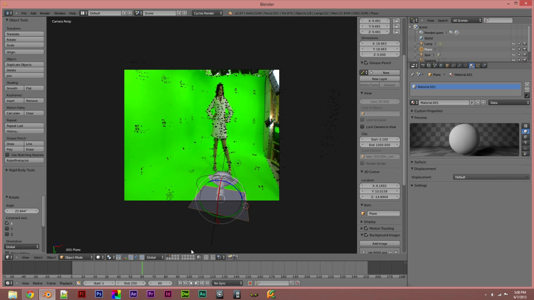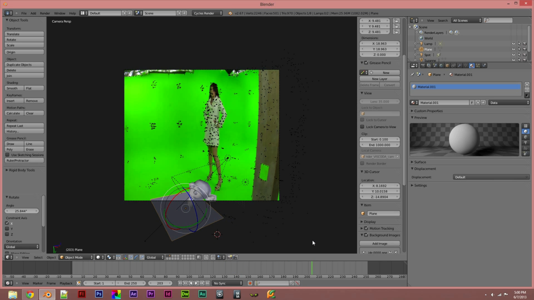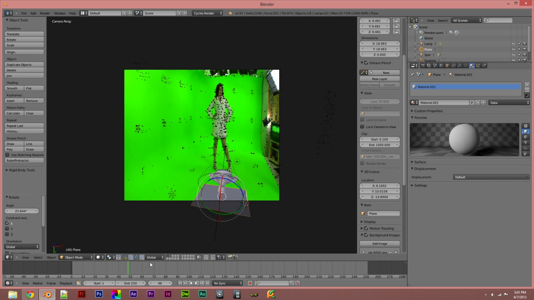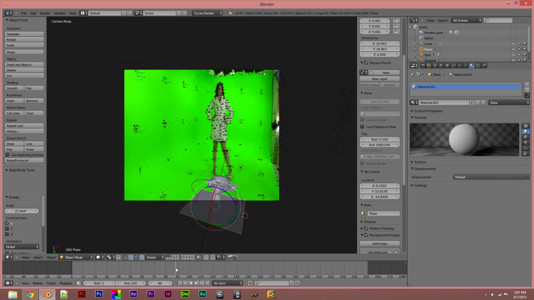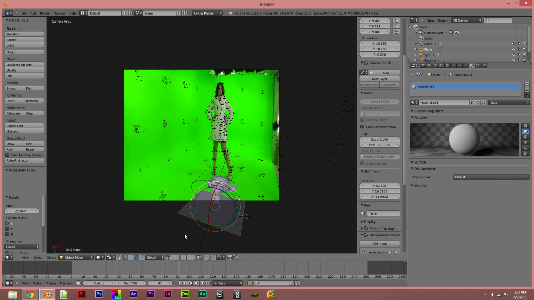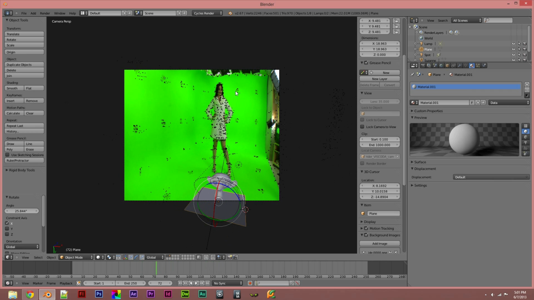I'll make a separate tutorial on compositing objects in 3D space, and that'll cover 3ds Max and Blender, like this one will. But it'll cover going into After Effects. It'll be on a different scene, so